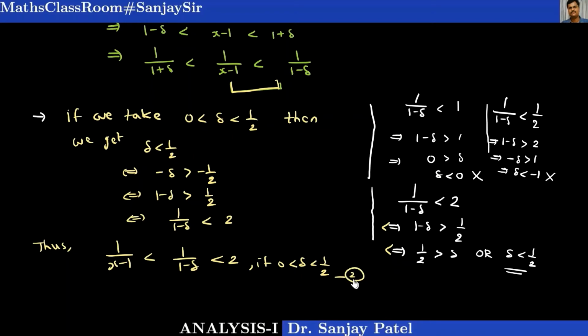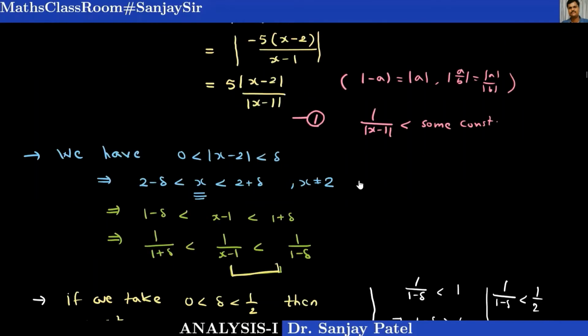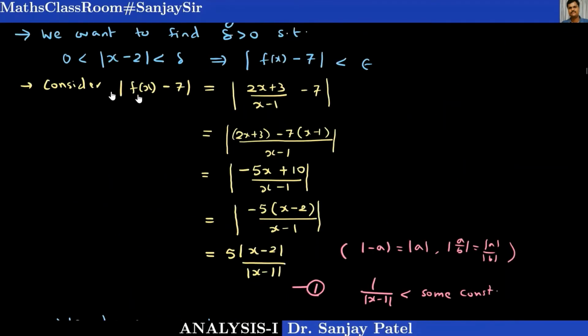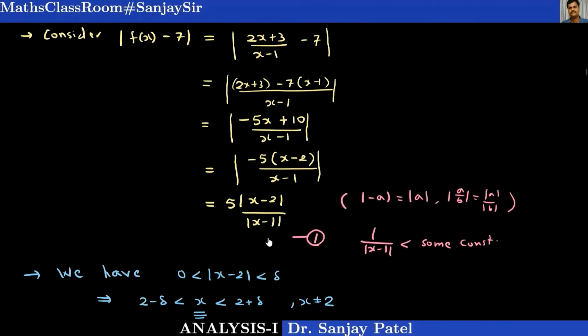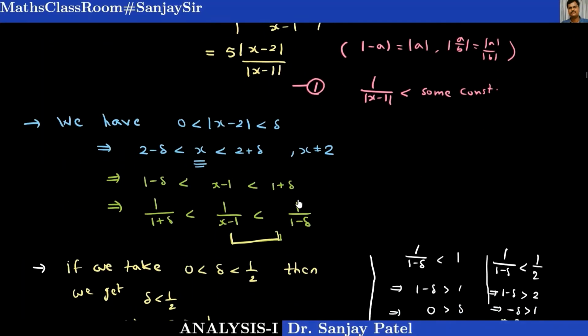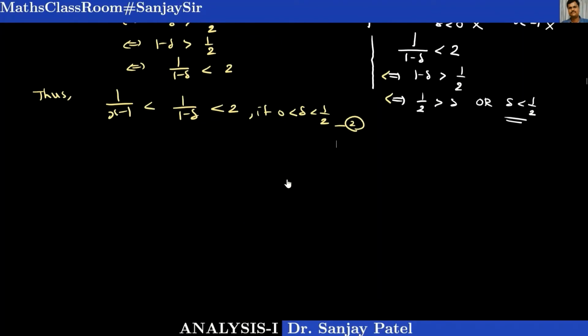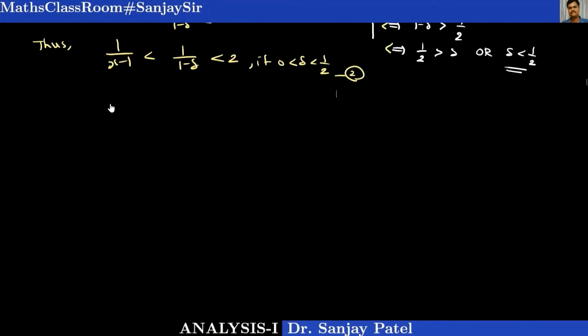Putting this value of 2 in result 1. What was the result 1? That was our simplification. See, mod of fx minus 7, we have proved it is equal to 5 times x minus 2 upon x minus 1. So I am considering this again. Mod of fx minus 7 is equal to this thing. So from result 1,